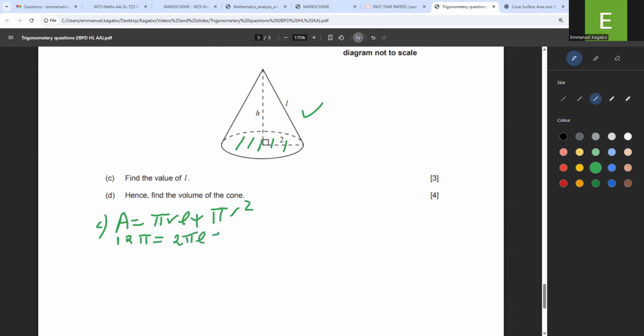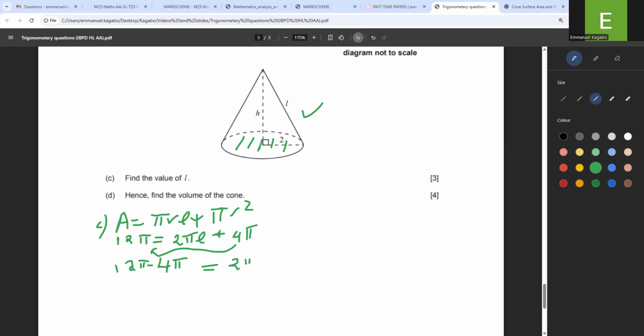L, right? Plus, what's the radius, guys? 2, remember that. So 2 squared is 4 times pi is 4 pi. What do I do next? So it's going to be 12 pi minus 4 pi, right? I hope you see what I'm talking about. I've brought this on the other side. So equals to